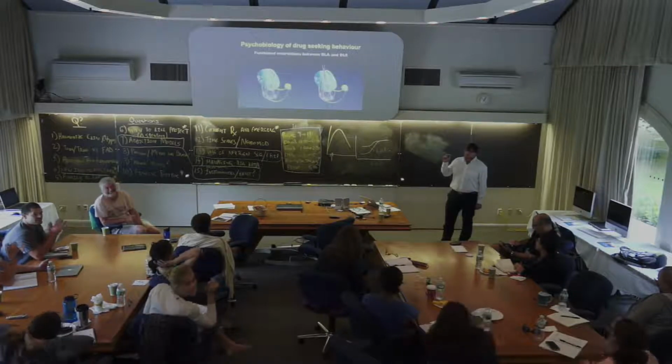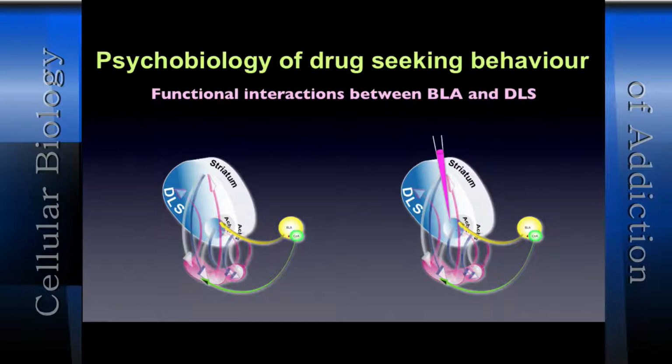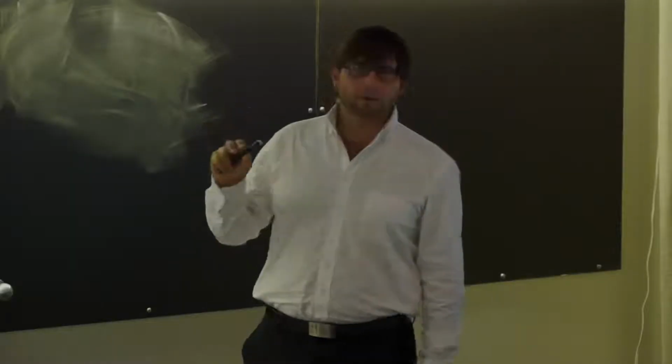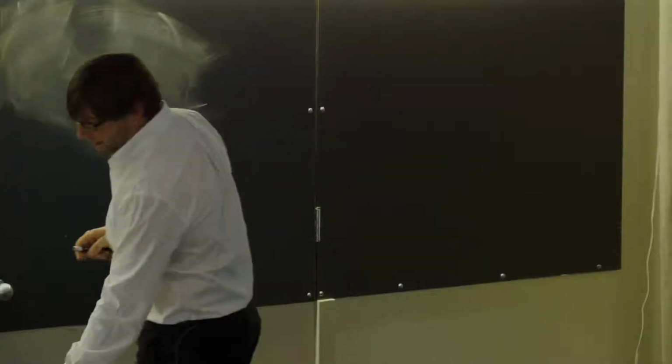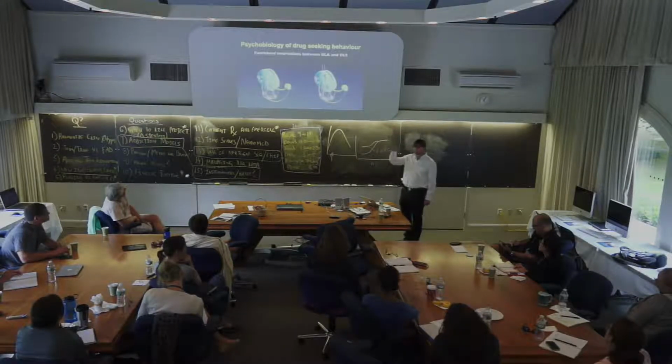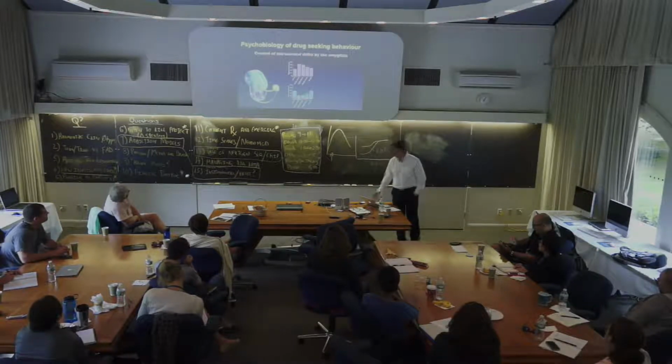So the point is, in order to make sure the effect of BLA control over DLS goes through the core, Aude combined these manipulations with an inactivation of the core. So she infused into the core a mix of AP5 and I don't remember what. She blocked glutamate transmission in the core. And in the same neurons in which she showed up or down regulation, she recorded once again, according to a Latin square, whether an inactivation of the glutamate transmission in the core had an effect on the responses. And that's what she got.